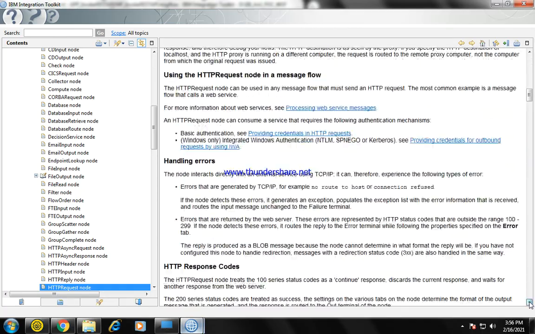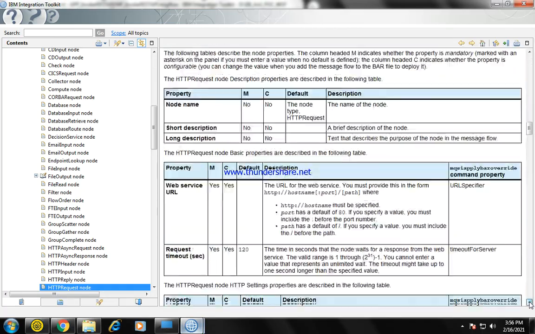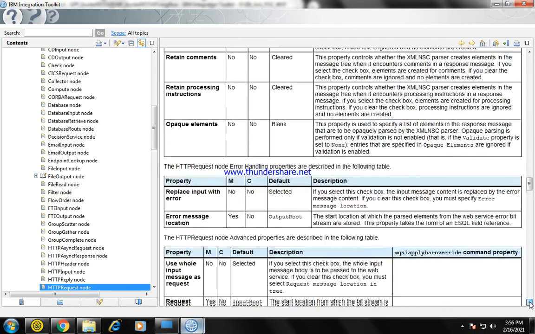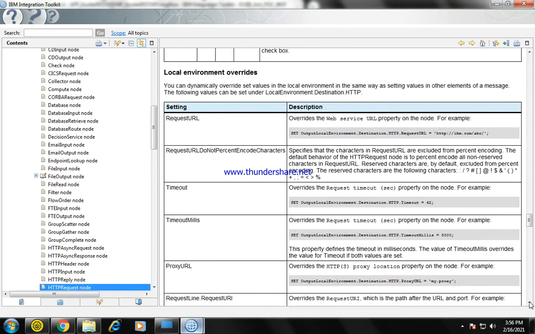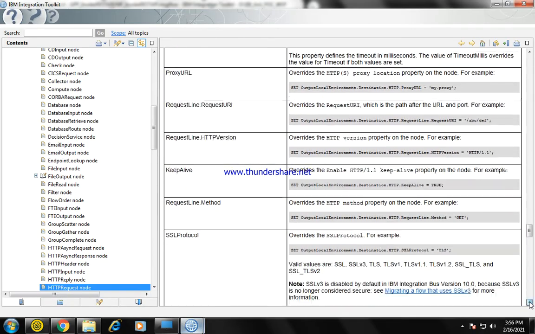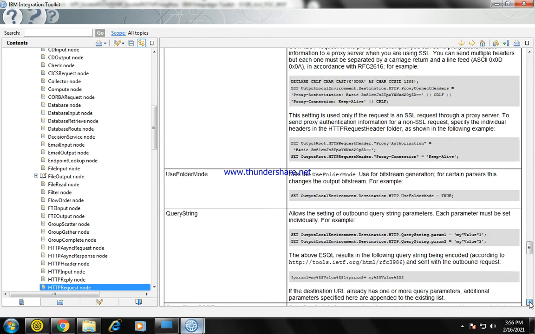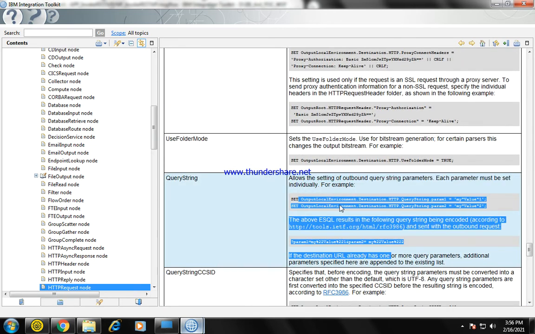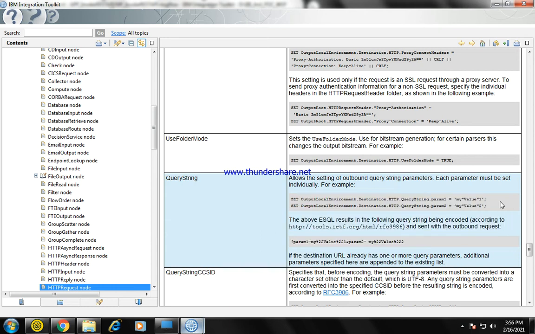So getting the link. So let me go down. This is the way you need to override the query string parameters. Okay, in the local environment, under destination HTTP query string, you pass as many parameters as you want based on your requirement. Let me take this value